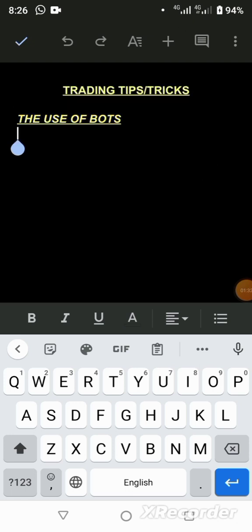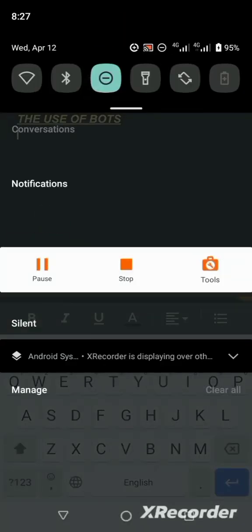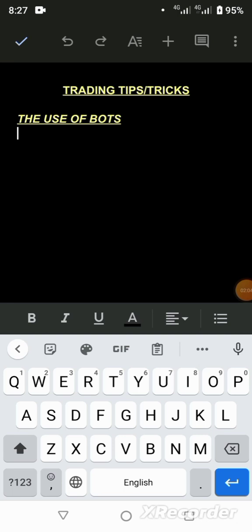The use of bots. Now, many of us know what bots are, from our days of Telegram grinding, on Discord, and so on and so forth. Bots are like machines that perform certain tasks that they've already been coded to do. You understand? Now, in forex, in stock markets, in trading, in financial markets, there are bots that have been set and developed by individuals to carry out certain functions. There are bots that buy, there are bots that sell,